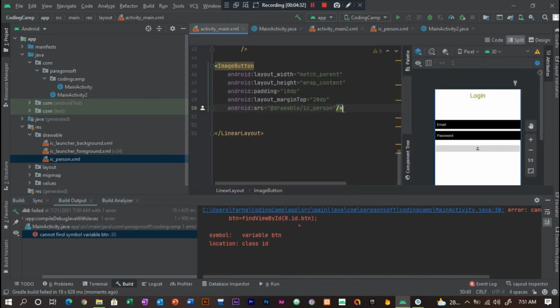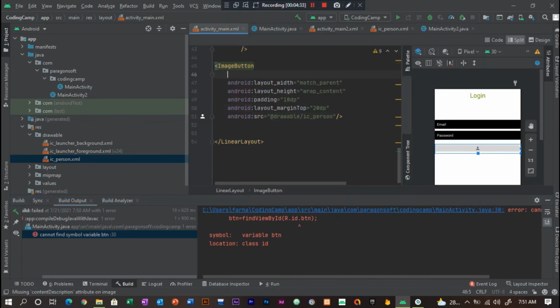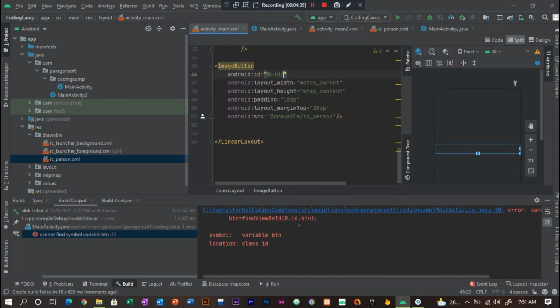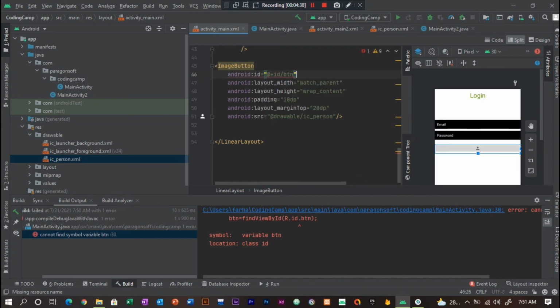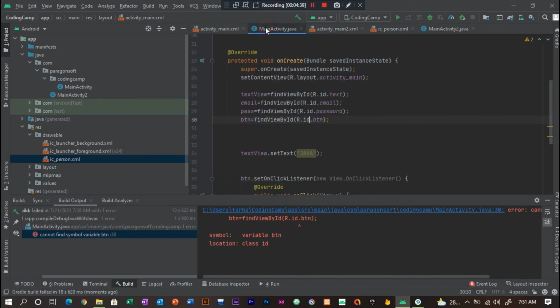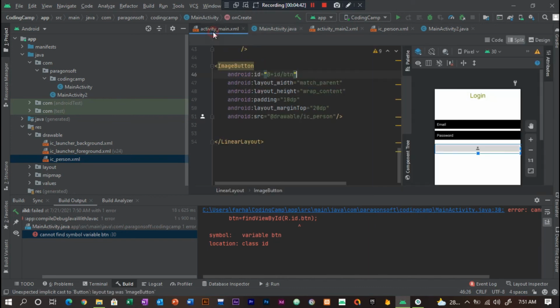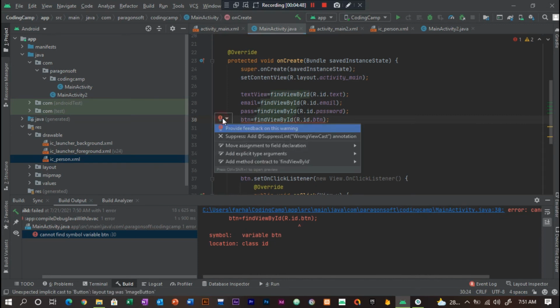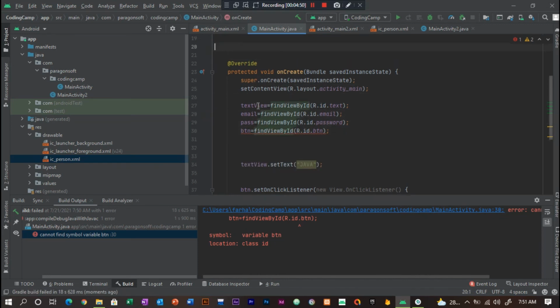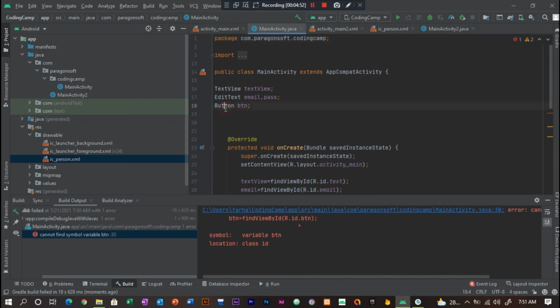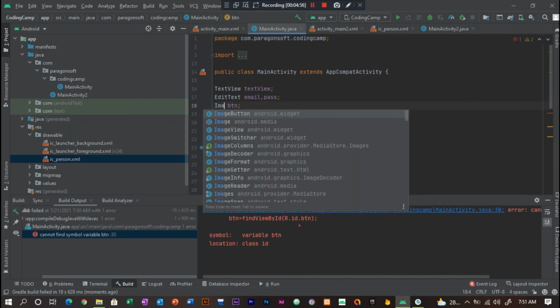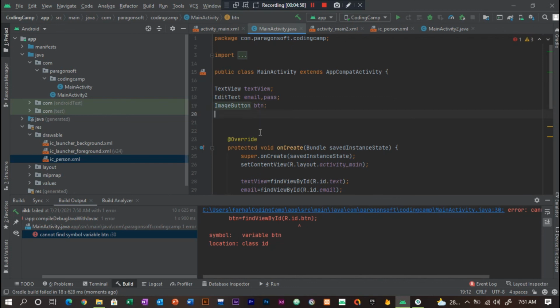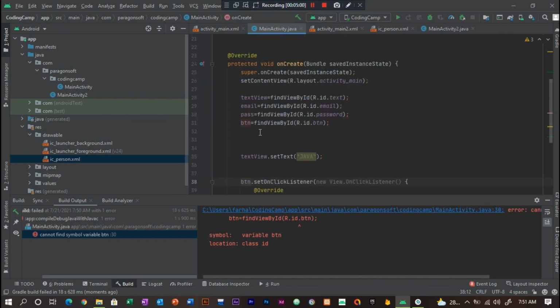Because we removed the button from here, we will give its ID here, btn. Now it will call the button, but the error is not gone because we write Button here instead of ImageButton. So we write ImageButton here, then the error will be gone. Now you can see guys, the error is gone.